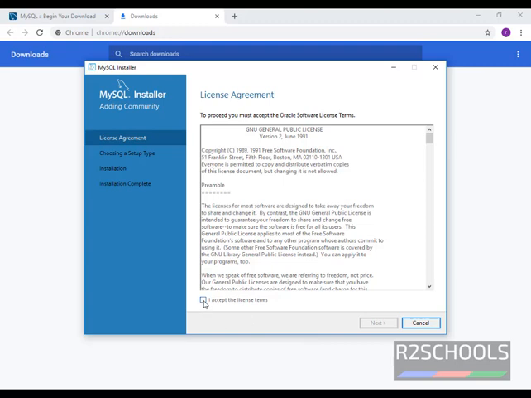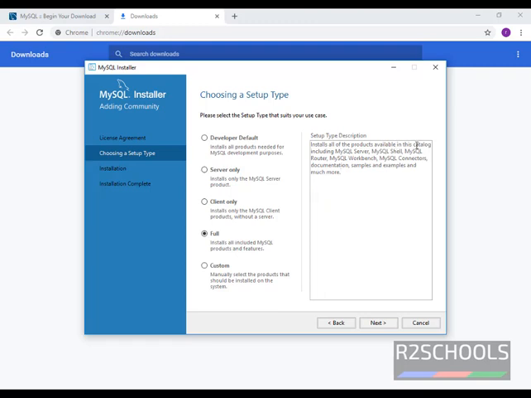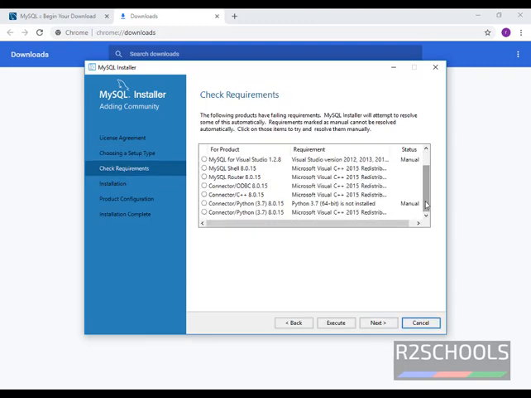Accept the license by checking this checkbox. Then click on next. Choose the setup type. I am going with full. It is going to install all the products available in the catalog. Those are MySQL Server, MySQL Shell, MySQL Router, MySQL Workbench and much more. Click on next. These are the requirements to install